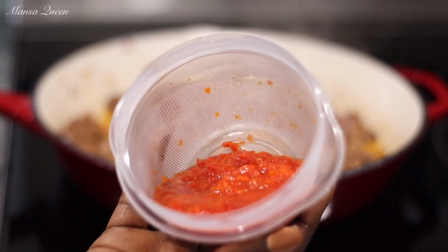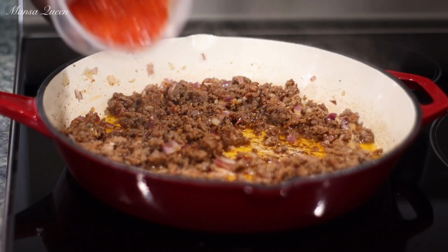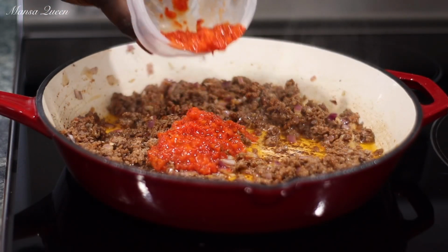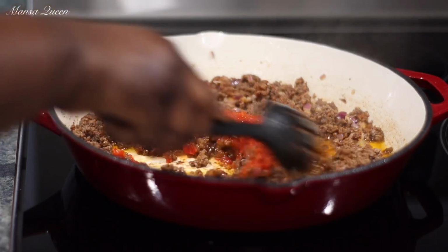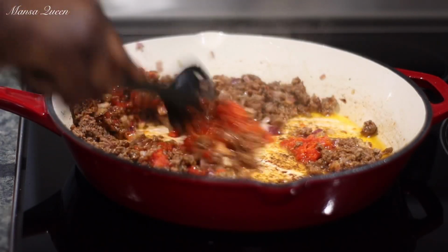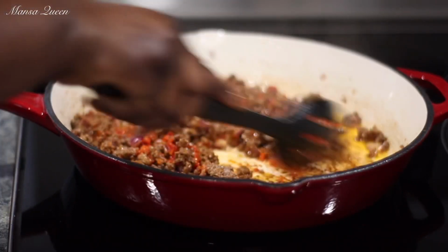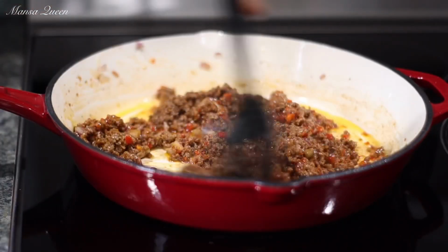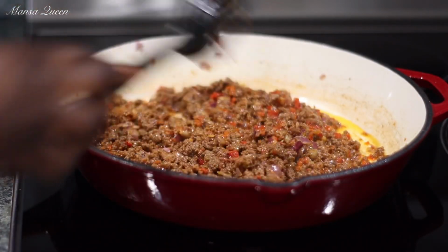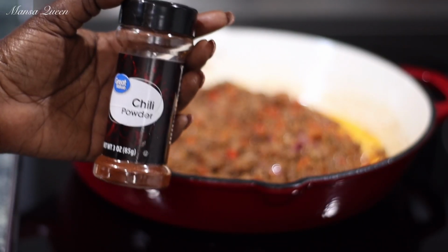Now, I'm going to be adding some crushed red bell peppers. This is about 1 whole red bell pepper. So I already always have these pre-made in my refrigerator, so I just use that in there. So if you don't have that, just take 1 red bell pepper and just crush it and add it in there. I promise you, that red bell pepper mixed with that tomato paste adds so much complexity,